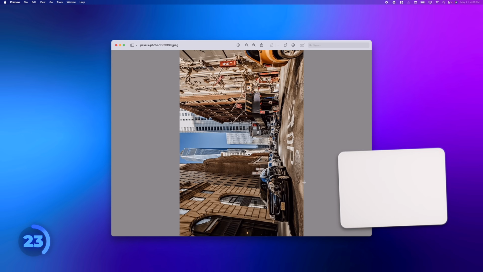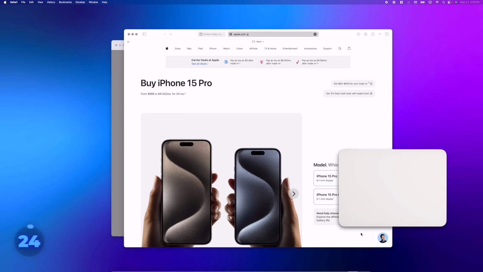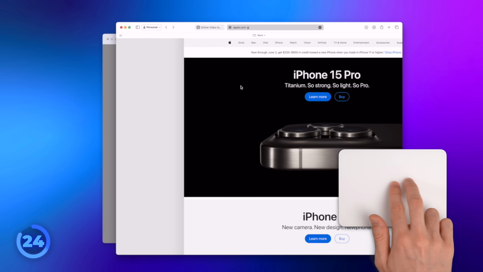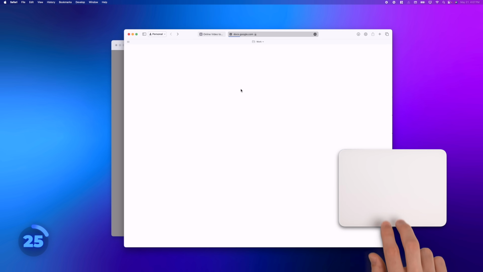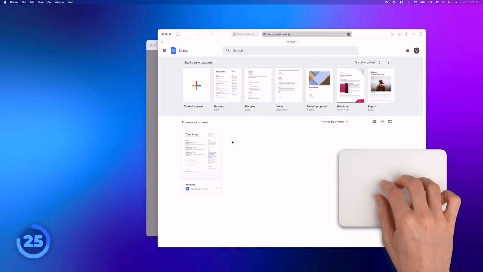But something that all MacBook users need to take advantage of, the 5 best trackpad gestures, like quickly rotating any PDF or photo by moving 2 fingers around each other in the Preview app, or use 2 fingers to swipe back to previously visited websites in any browser. You can spread your thumb and 3 fingers apart to quickly show your desktop, no matter how many windows you